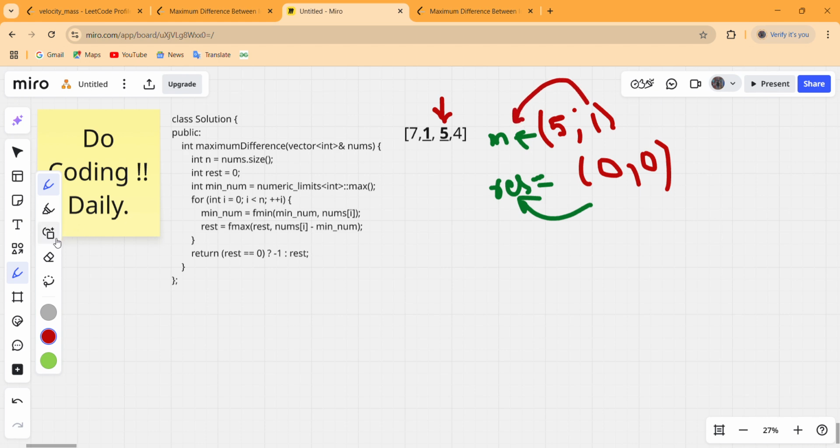So let us erase this, and now we have to update our result. Result is basically 0. First let us erase this.